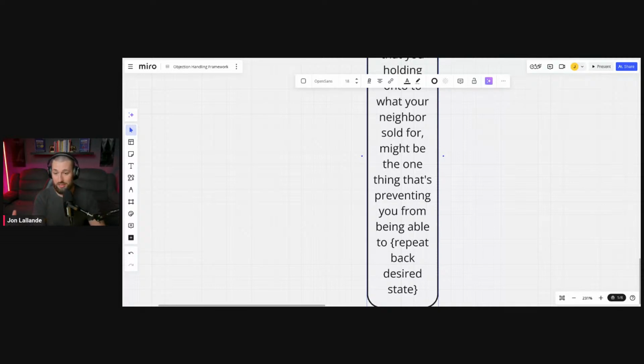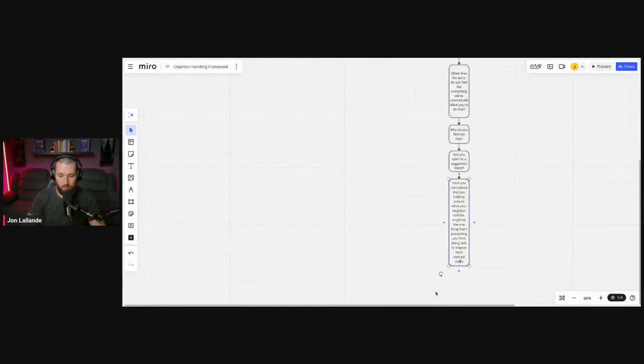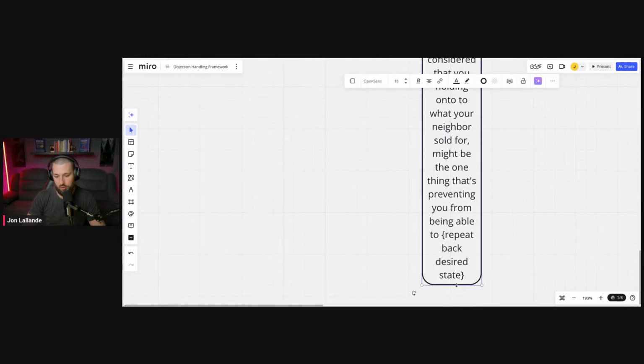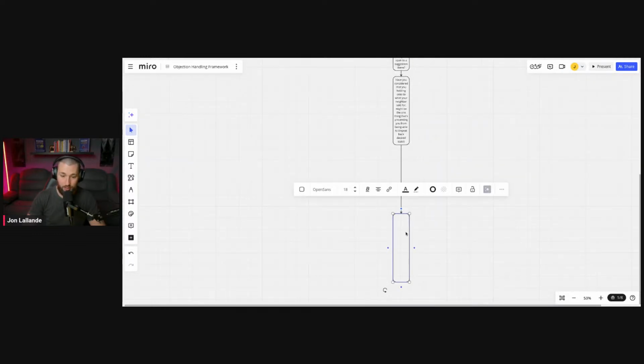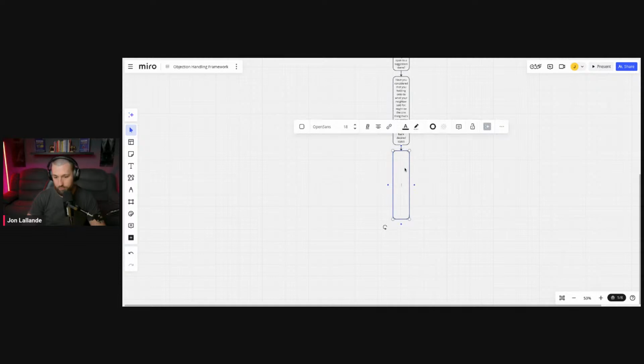From being able to get those home cooked meals and start feeling that level of peace in your life, to being able to start that new chapter so you can finally go do X, right? We're going to repeat back the desired state. Once we do that, they're obviously at this point going to be like, well, you're right, the reason that I'm not getting this is because you could give it to me right now. We could give them that thing that they want right now. All they need to do is come to terms with the price and we can get it for them, right?